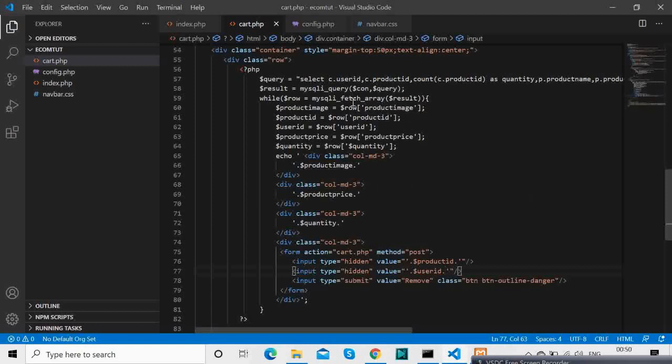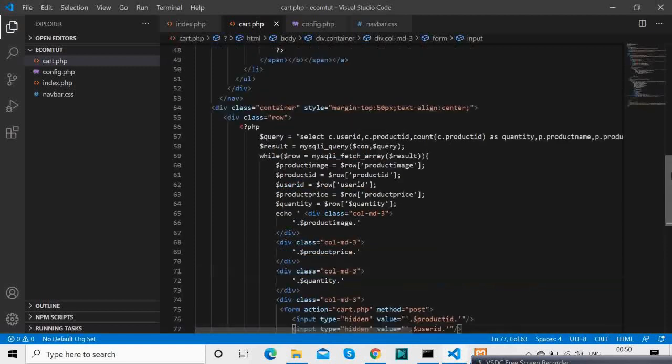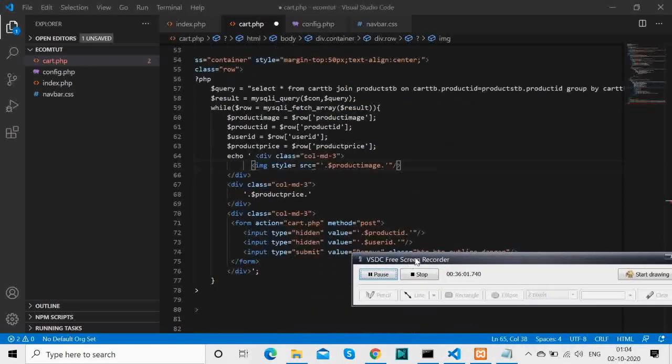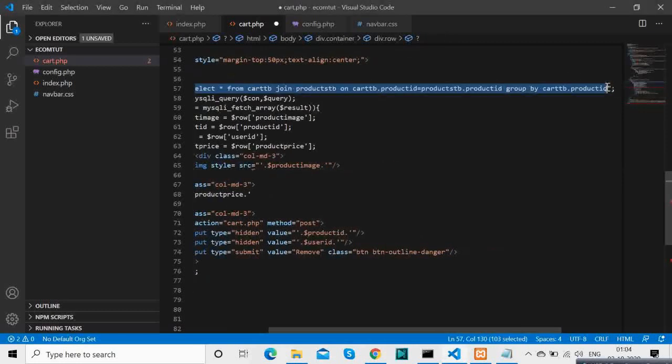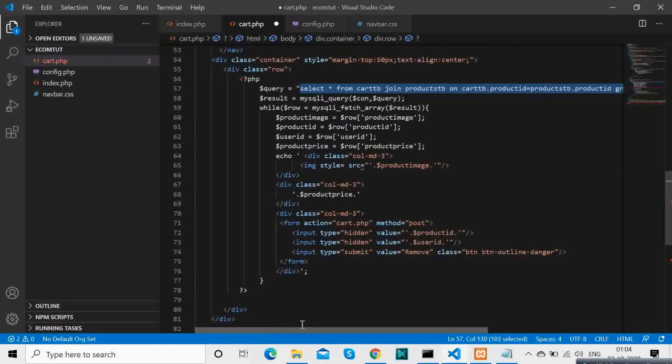Whenever you get this, where the first parameter is something inside this MySQL fetch array, always remember something is wrong with the query, you have written a wrong query. So I just paused the video, rechecked what's the issue, and you will see me moving things here and there and getting things fixed in the query.